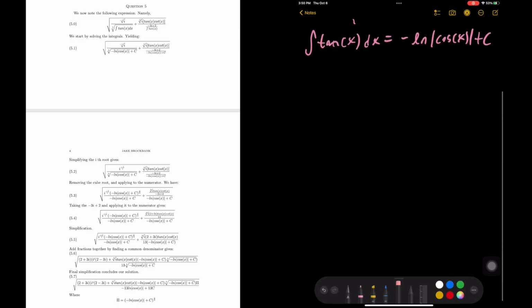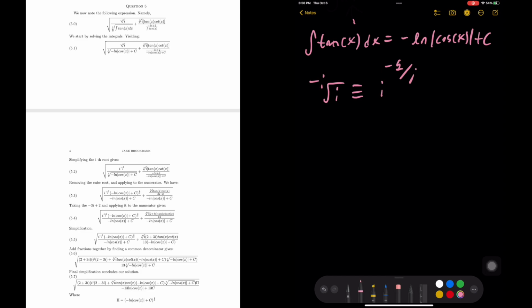Okay, so in the first expression, we have negative i root i, and we could simplify that. Negative i root i is exactly like saying i to the negative 1 over i. Same exact expression. And then that's going to be plugged into the initial equation, just like we plugged in the integral of tan x. So now, when we remove the cube root and we apply the numerator, we can get